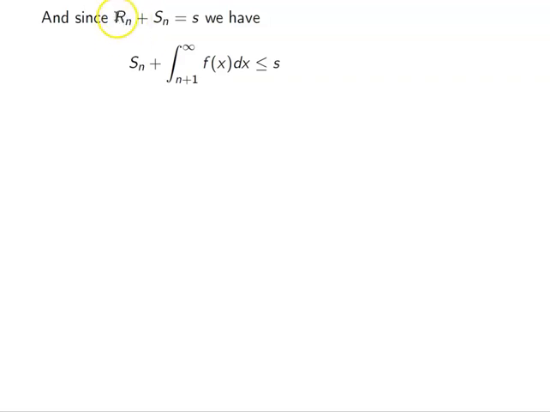So what I'm doing is replacing the remainder with the lower bound of the estimate, which is going to be less than s because remember this value is less than or equal to Rn. I can do the same thing on the other side, right? Sn plus Rn is all of s, but remember this is larger than or equal to Rn, right? So then it gives me this nice little double-sided inequality,